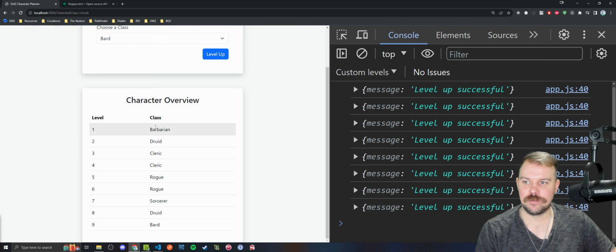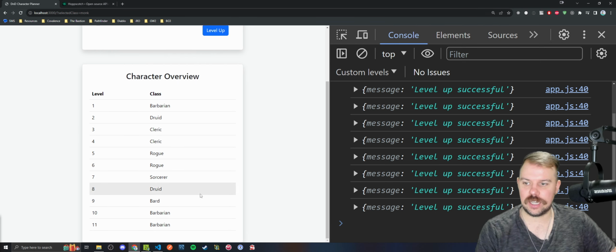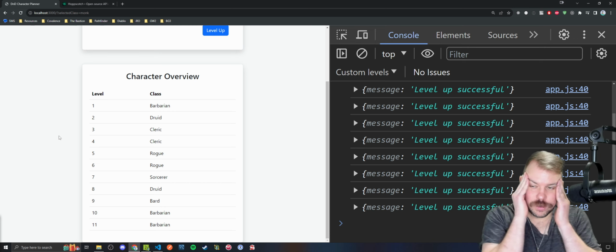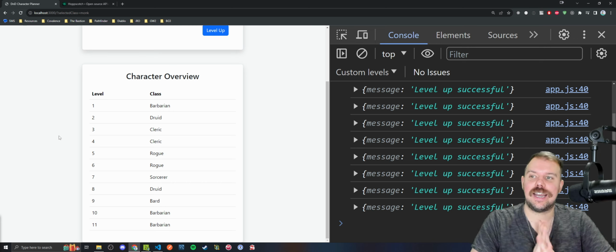If you add 2 more levels of barbarian, and this would have to calculate, there are 3 total levels of barbarian. They don't have to be side by side. 3 total levels of barbarian means we now get to pick a subclass for barbarian, and that would have to populate something. So in my dreams, we did all of this, and I feel like it'd be a nightmare to do, but